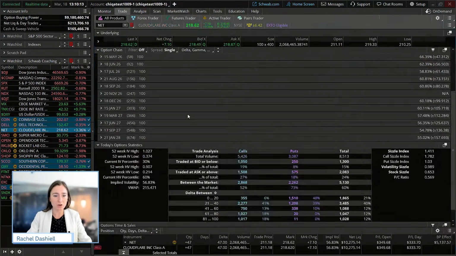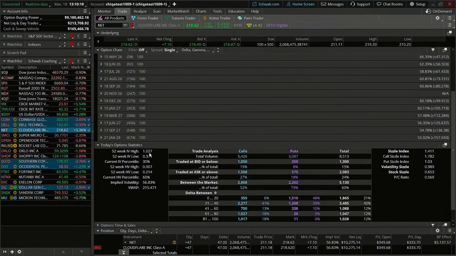So we're going to go to the Trade All Products tab. Notice down here, since we didn't see that visual on volatility, the current implied volatility percentile is 30, so it's still relatively low, which supports a decent option buying environment. We know with options, typically when volatility is lower, it favors buying options, since if volatility rises, we get higher option premiums, and we want to buy low, sell high. That's the goal here.